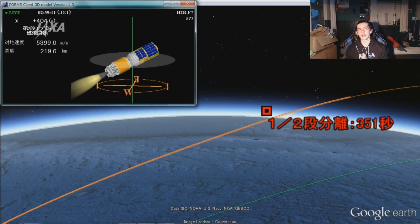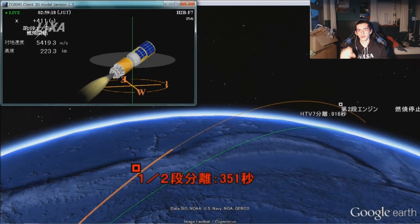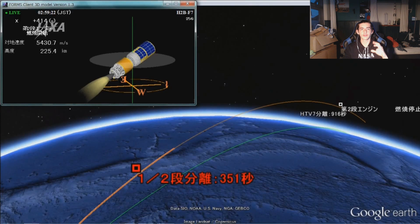H2B, it's not called docking; it's called berthing, because as you normally have the docking ports on the ISS, which are the Russian docking ports, and you have 3 US docking ports. But on the rest of the modules, you have the common berthing mechanism. It's wider than the docking ports, but the spacecraft can't maneuver under it by itself and dock by itself. It needs the Canada arm, the robot arm, to deliver it to the last meters and put it onto the station. And it's a slower way of docking to the International Space Station, because